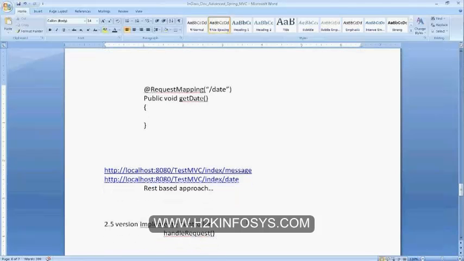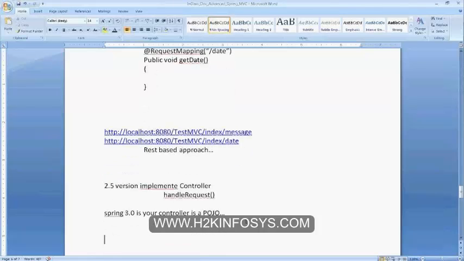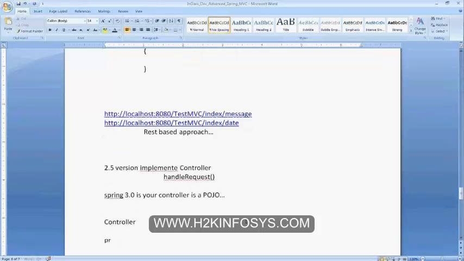And the second advantage with Spring 3.0 is that your controller is a POJO. There is no need to have a separate POJO object. Within your Spring controller, if you declare private String username, private String password with setters and getters,